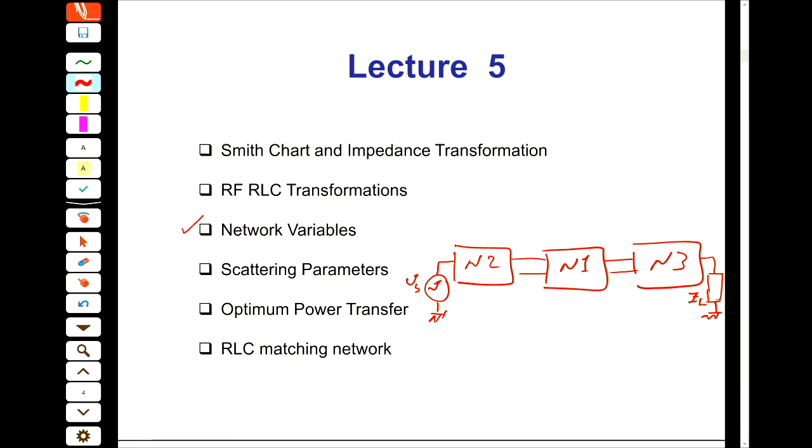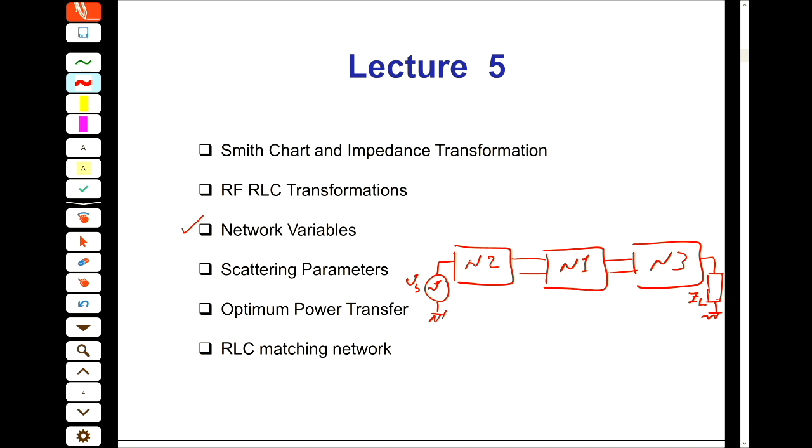Network, you can assume that a single component, a transistor and its biasing, all is a network. But I will tell you what the meaning of network is. It's a good question because network in different areas of engineering is different. But in electrical engineering, you define a circuit by its inputs and outputs and the ports. Okay, we will reach the network today.